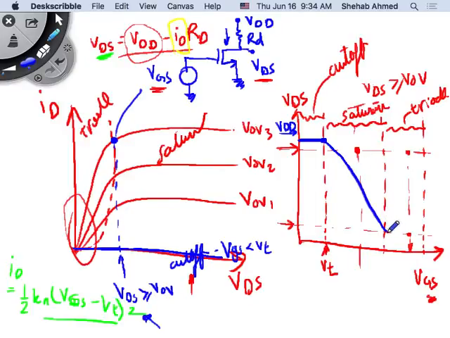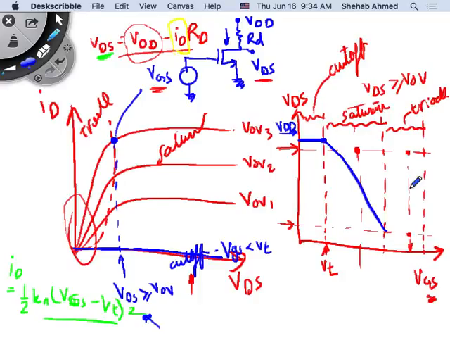Yeah, you get something that looks like this because of the form of the quadratic equation. It's not a straight line. It would be a quadratic of some form. And then this equation, in the triode region, there's also, remember, the quadratic applied all the way to the